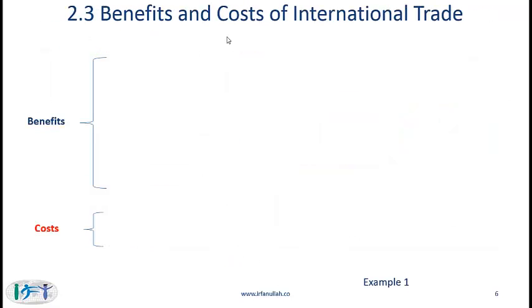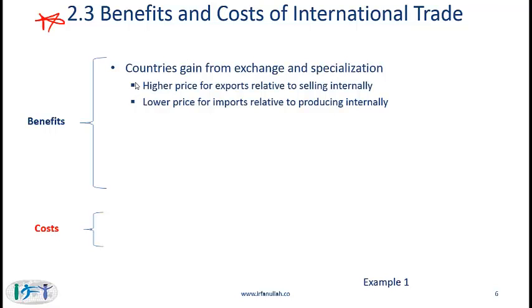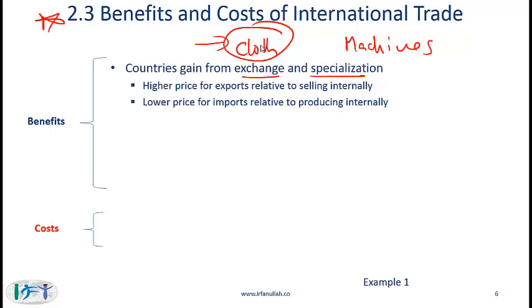Moving now to 2.3, benefits and costs of international trade, and this is quite testable, so you need to remember the benefits and the costs. The big benefit of trade is that countries gain from exchange and specialization. If a given country is good at producing cloth and another country is good at producing machines, then it makes sense that the country which is good at producing cloth specializes in this area and then exports cloth to another country. Whereas the country which is good at producing machines should focus on this particular industry and then export machines